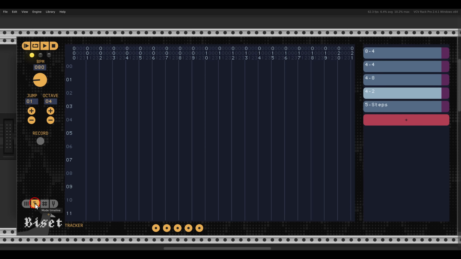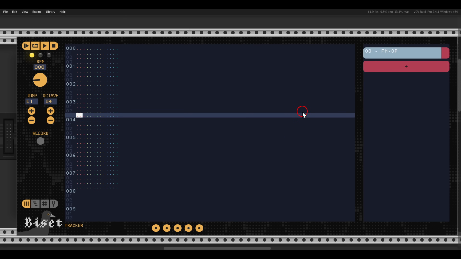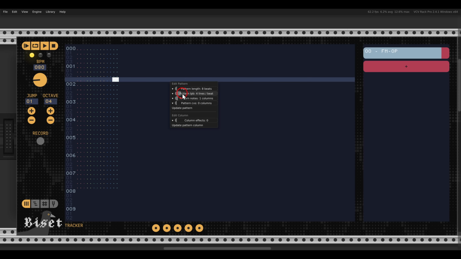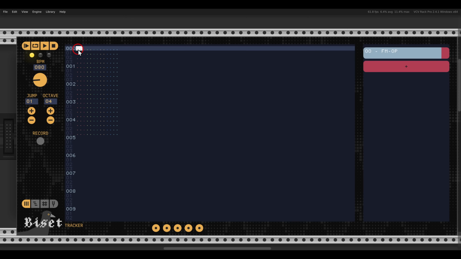I will go again to a new pattern here that I have. Right, I still want a clock resolution of 4. I still want 16th notes. So I will leave the lines per beat at 4, but because I want to have a 5-step sequence, I will have to change the beats to 5, right? Update the pattern. Right now, we will enter just 5 notes,